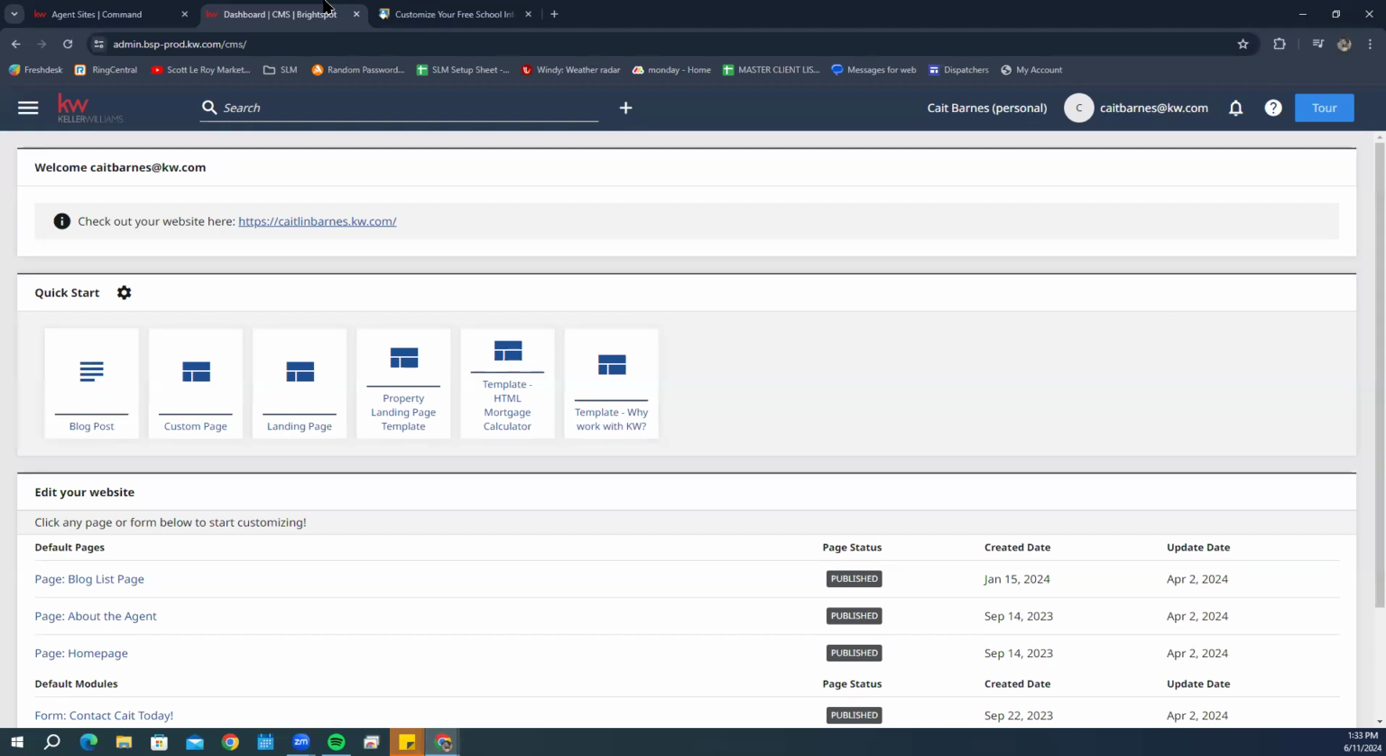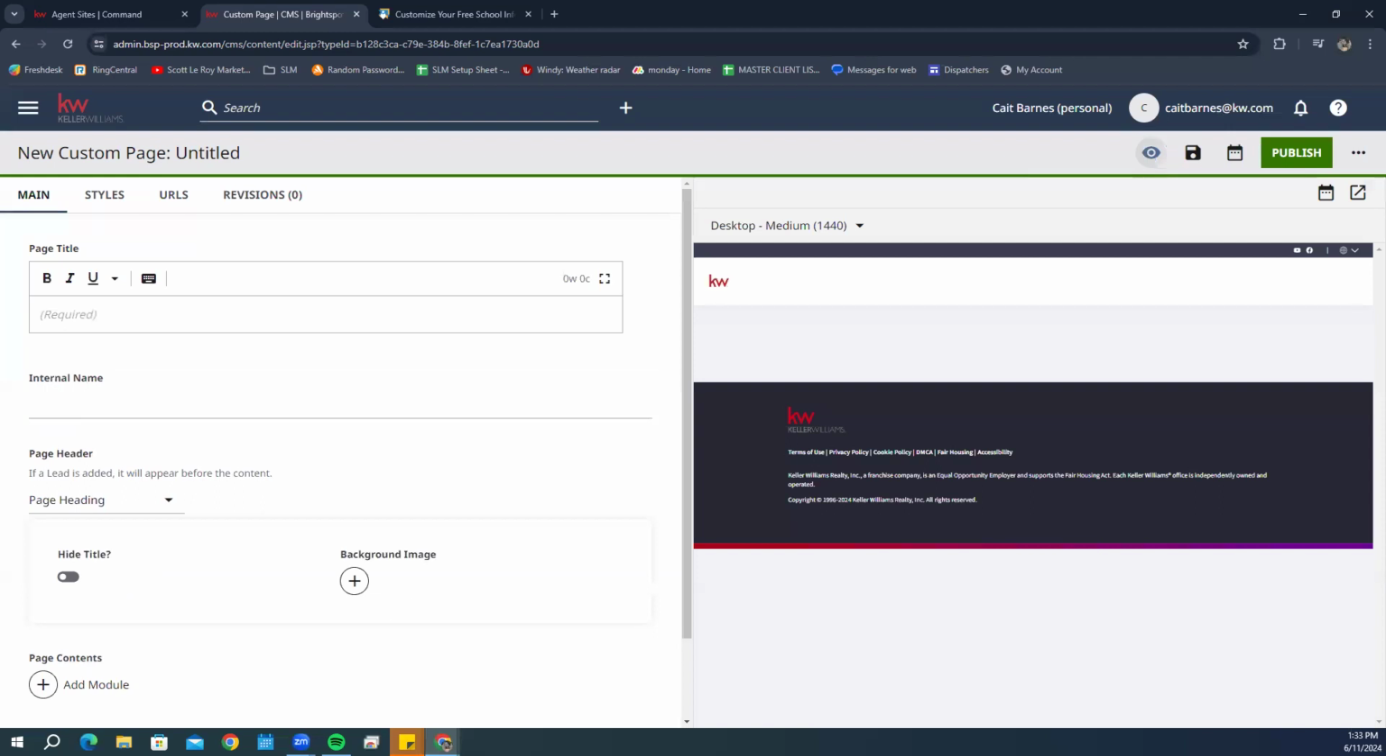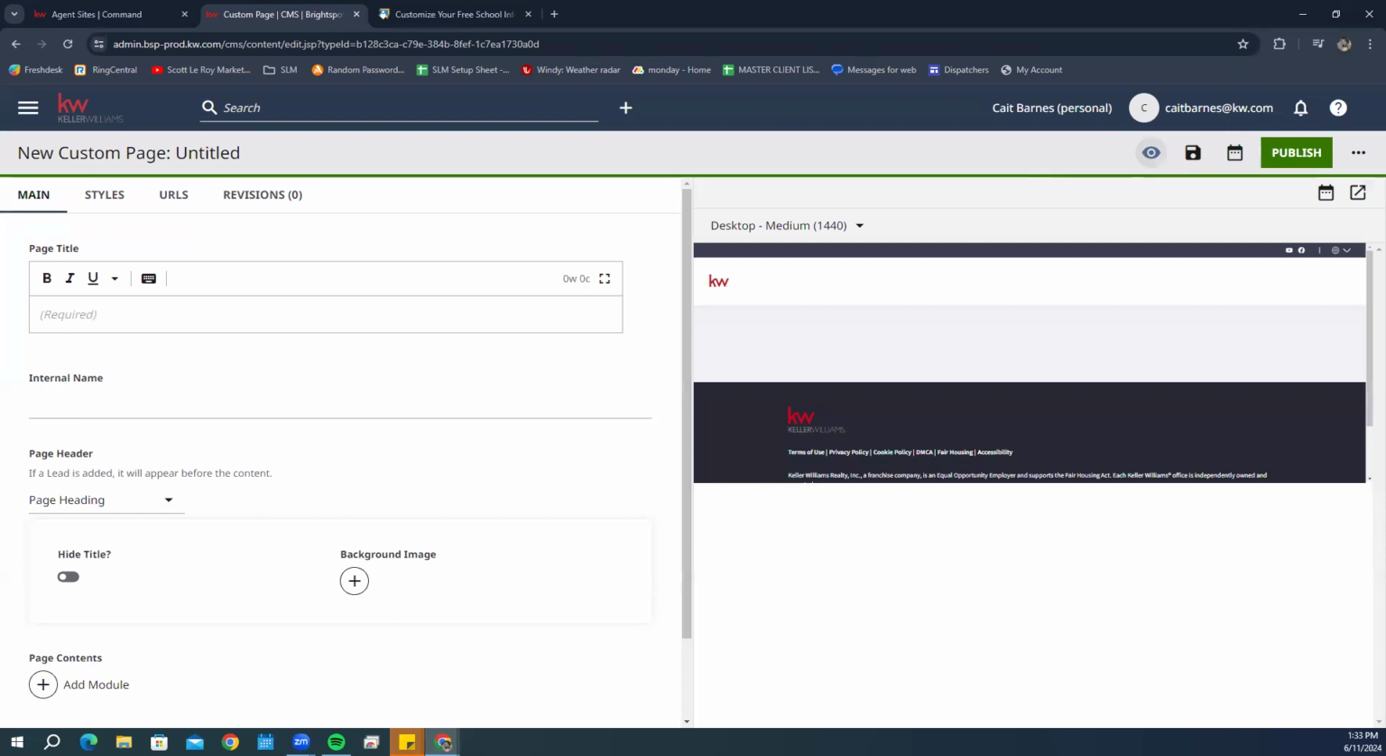And then, because we are creating this with our own widget code, we're going to create a custom page. Not landing page, but make sure it's a custom page. So the first thing we're going to do is,